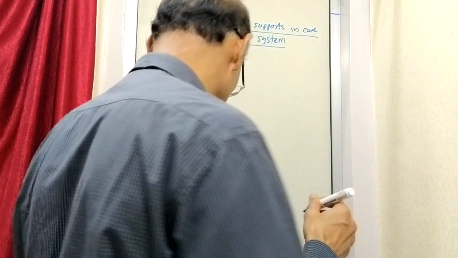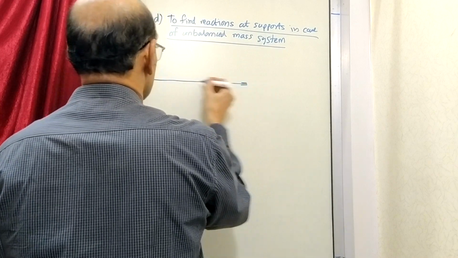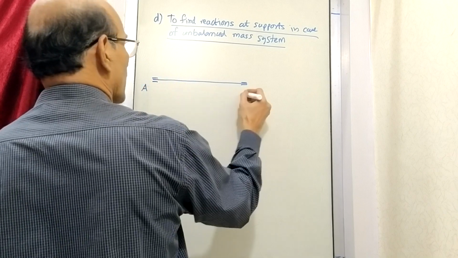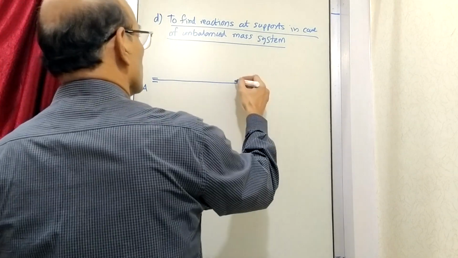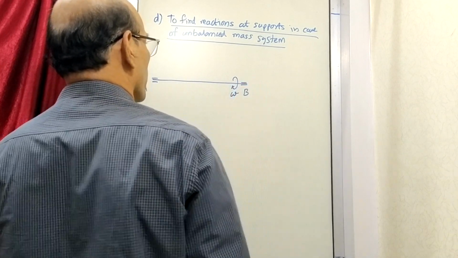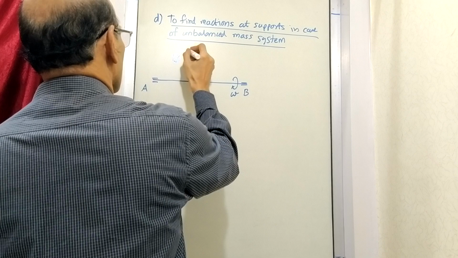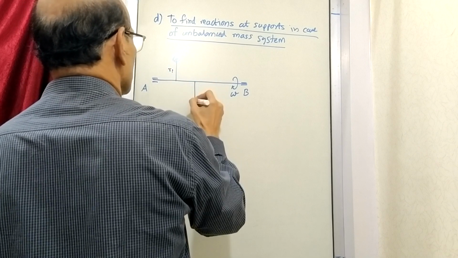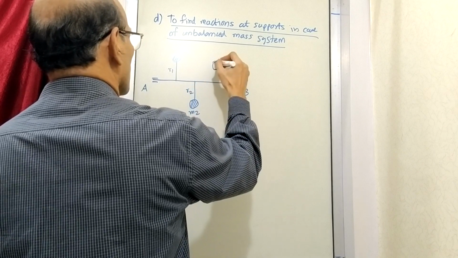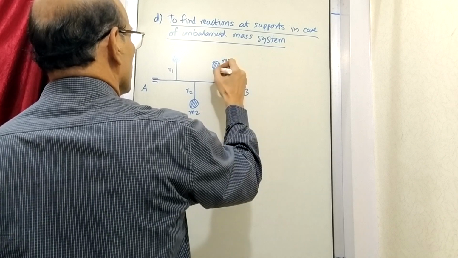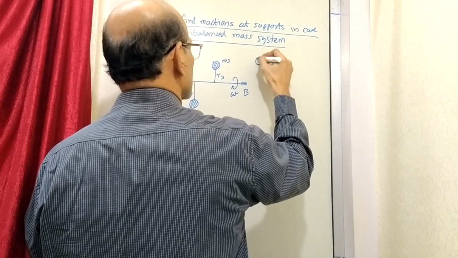So let's take an example like this, where there is a shaft like this, and there is a support at A and B, and the shaft is supported at A and B. It is rotating, of course, with a certain angular velocity omega. And then there are certain masses. Let's say there is one mass here, M1 at a distance R1, there is another mass here, M2 at a distance R2, maybe a third mass here, M3 at a distance R3, and in the side view it looks like this.